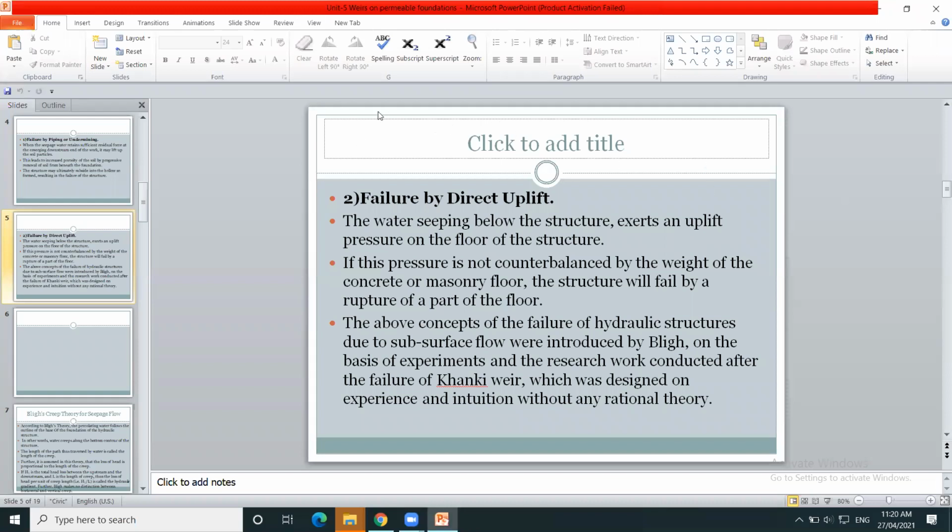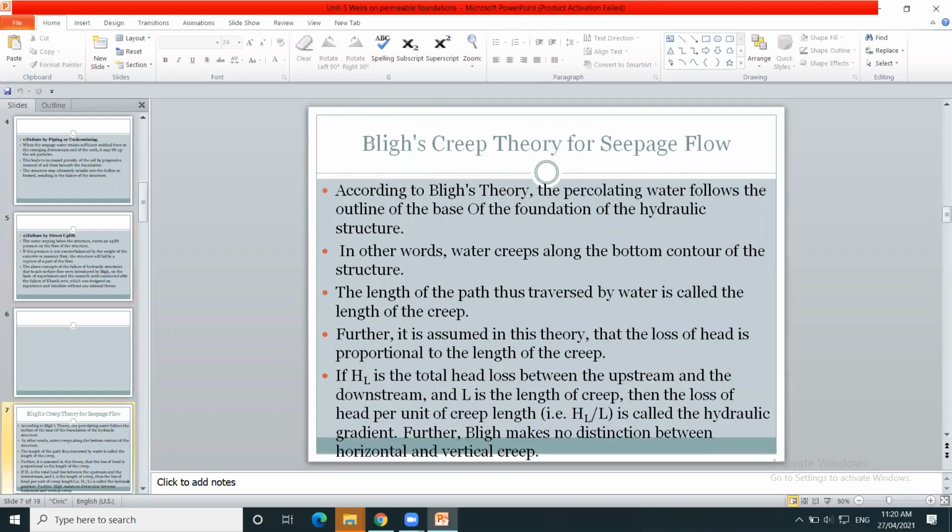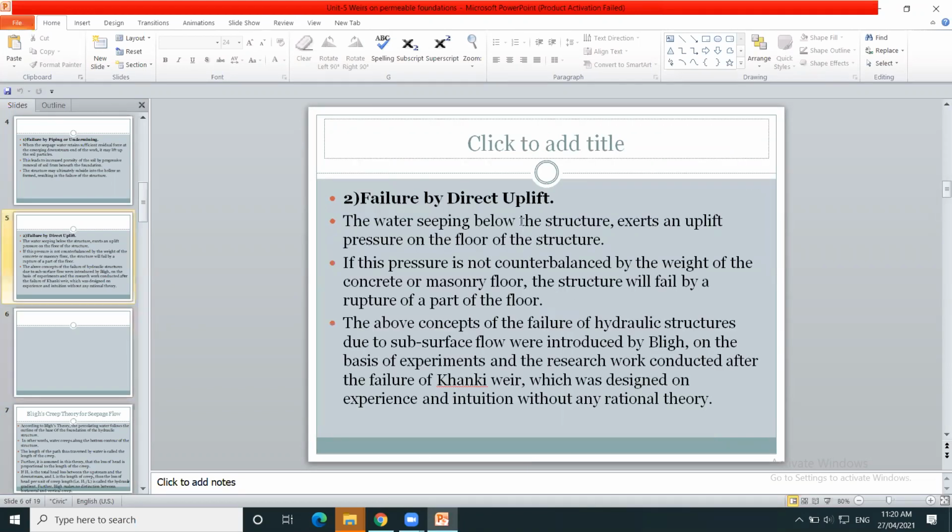The name of that theory is Bligh's Creep theory for seepage flow. Bligh studied the percolation of water